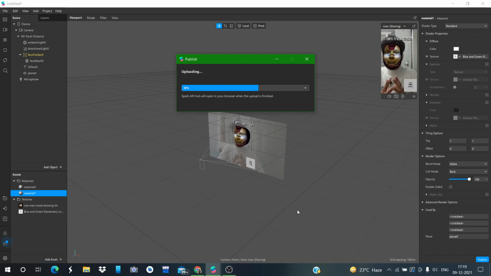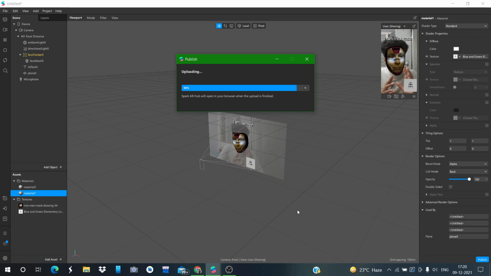So basically, for creating an AR effect or anything related to AR, you can use this Spark AR software. Okay, and in this video, this is a basic Spark AR effect, right? So in this video, it's pretty much about it.